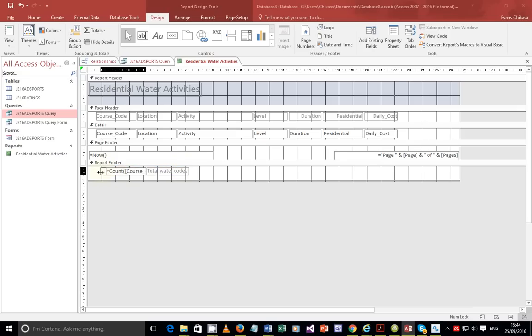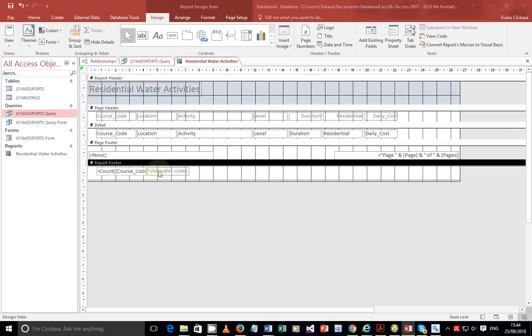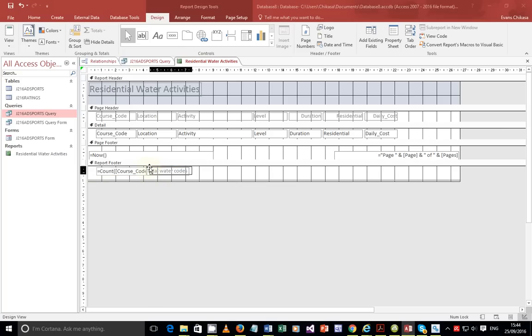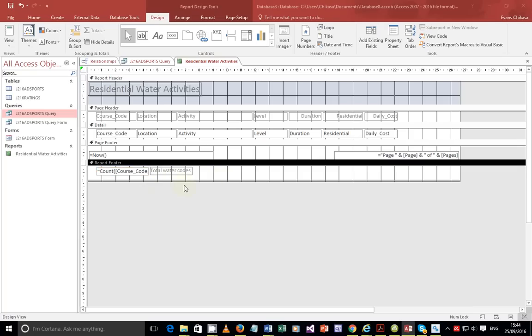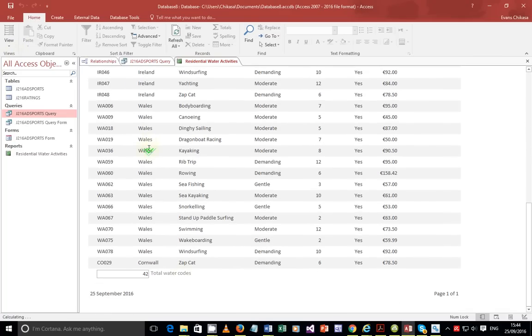and take this just about there so that the course code is visible. Let me take it a little bit to the right, this one, and enlarge this one just a little bit. Okay, so we have that. Now what I want to do, if you preview this once more, let's go to report view, scroll down. You will notice that the code is to the right, and it somewhat looks as though it's under the location, but we want it to be on the left. So what we can do is go back to design view,